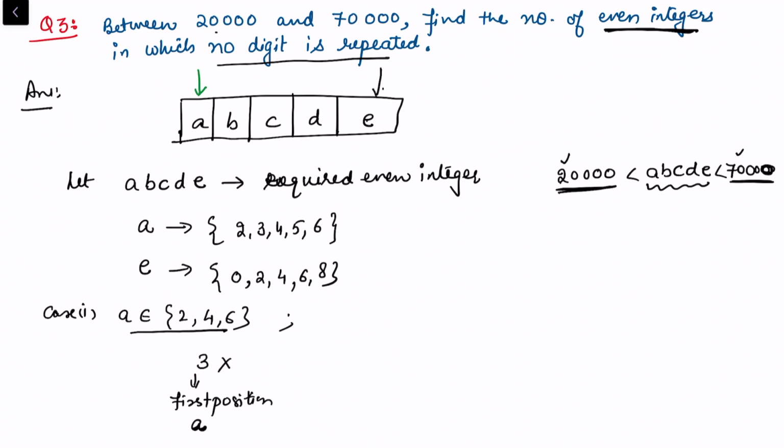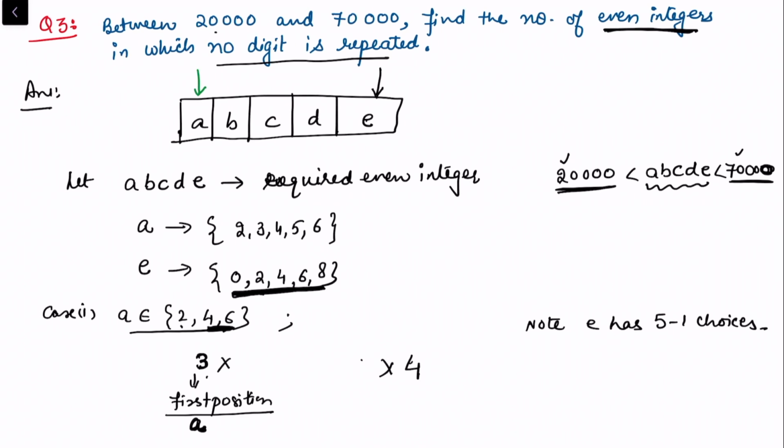Now for the last digit, because we want to ensure that this is an even number, once we fix digit A, say out of the 3 any one digit comes here, for example 2 is at the first place, the remaining even digits are 4 and 6, and E can take, in total there are 5 choices, out of which 1 has gone to A. So E has 5 minus 1, that is 4 choices, because 1 even digit is already used by the first position.